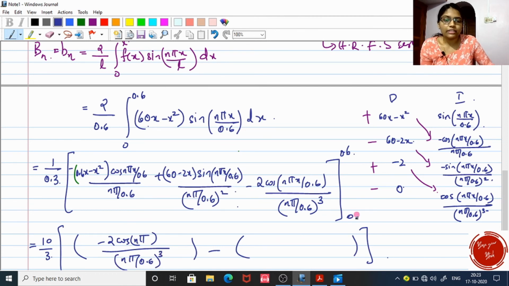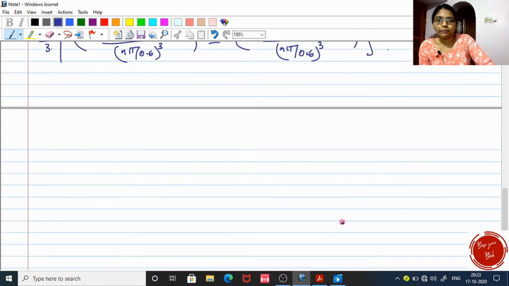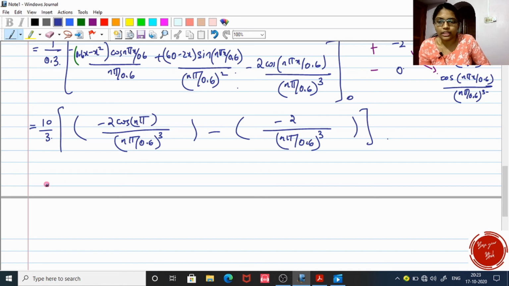Next time when we substitute this lower limit, it is 0. So 0 minus 0, everything is going to be 0, and here also sin 0 is 0, and here finally it is 2 cos 0, cos 0 is 1. So we will be left with negative 2 divided by n pi divided by 0.6 the whole cube. Which means we can take this n pi by 0.6 the whole cube outside. It's like 10 by 3 into n pi the whole cube, and 0.6 cube becomes in the numerator side,